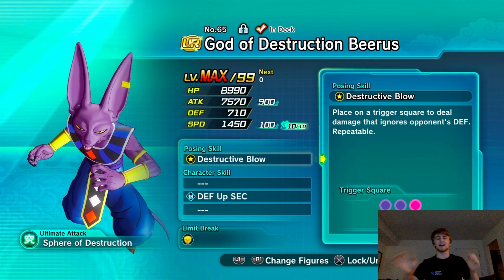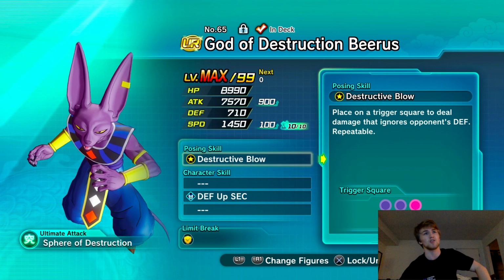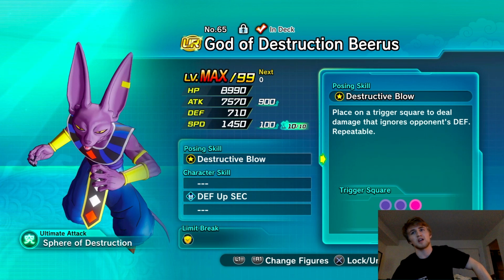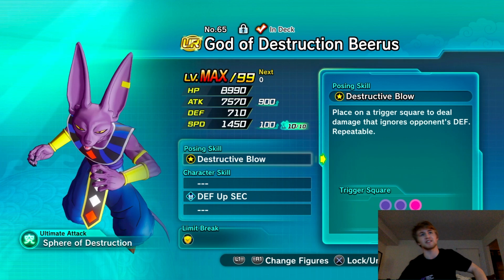Alright, guys, we are back. Let's get into it. Number 10, in my opinion, is God of Destruction Beerus, guys. Now, I think 10 through 8, so 10, 9, and 8, were pretty weird characters that I was just like, bro, I really don't know who to put here,